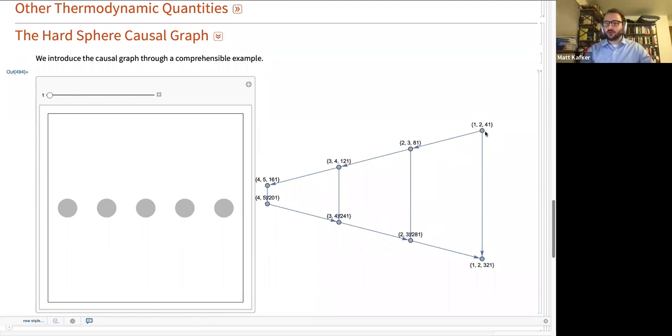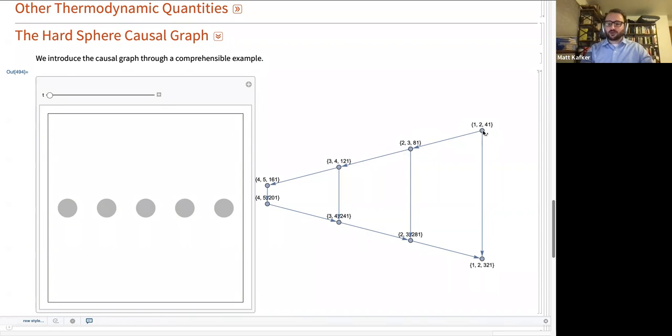here we see particle 1 and particle 2 were involved in a collision. Here we see particle 2 and particle 3 were involved in a collision. So if one of the particles was involved in this collision and then immediately was involved in that collision and didn't do anything in between, we connect those nodes with a directed edge. So particle 2 is involved in both of these collisions, so we make a directed edge in this way. Particle 3 is involved in both of these collisions, we make a directed edge this way.